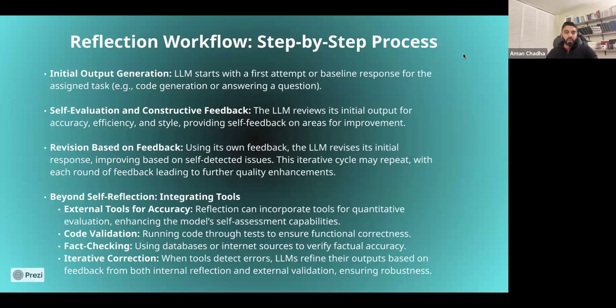If it's fact checking, we could look at standard databases. You could look at internet sources to verify factual accuracy. The idea is that, at the end of the day, you can carry out iterative correction based on the feedback that you accumulated, either through the LLM itself, through a different LLM, or through external tools that the LLM has access to. So that is the idea behind reflection.